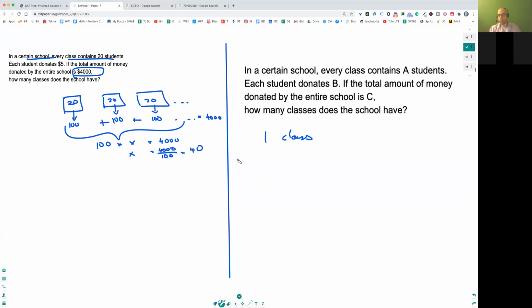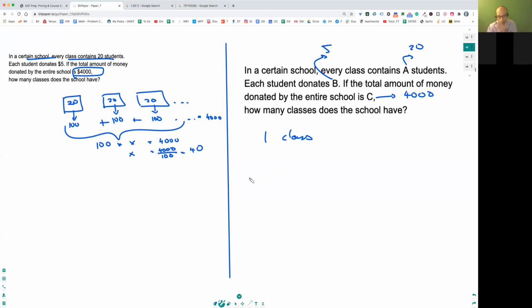Okay, here it was 20. Here it was 5 in this problem here. And here it was 4,000. Don't be worried about these alphabets, okay? They are the same things. They're exactly the same things over here, okay? So first, let's try to calculate